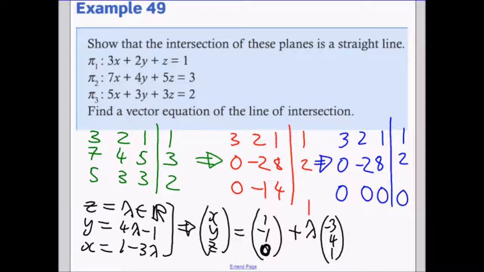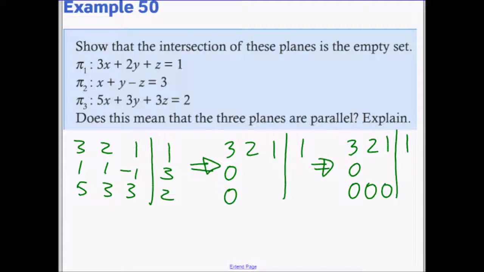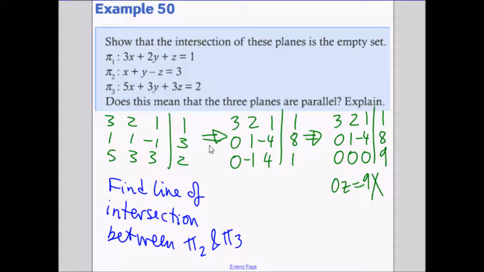Okay. Then example 50. Show that the intersections of these planes is the empty set. Does this mean that the three planes are parallel? Explain. Okay, well, I'll give you a moment to fill in the matrix, so just pause the video. Okay, there's what you should have. So the final row, 0, 0, 0, 9, is telling you 0 times z is 9. That's impossible. So there is no intersection